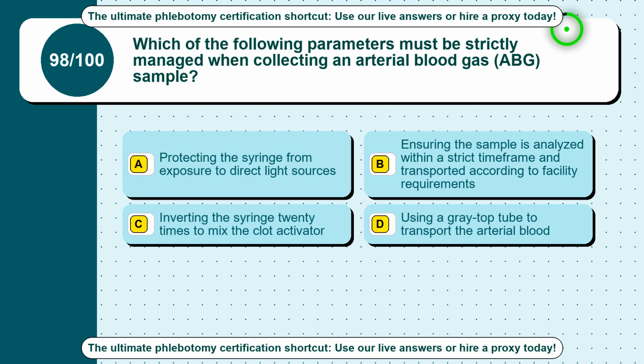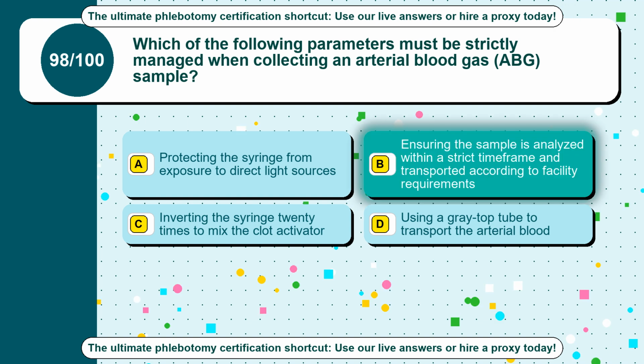Question 98. Which of the following parameters must be strictly managed when collecting an arterial blood gas (ABG) sample? Option A, protecting the syringe from exposure to direct light sources. Option B, ensuring the sample is analyzed within a strict time frame and transported according to facility requirements. Option C, inverting the syringe 20 times to mix the clot activator. Option D, using a gray top tube to transport the arterial blood. The correct answer is option B, ensuring the sample is analyzed within a strict time frame and transported according to